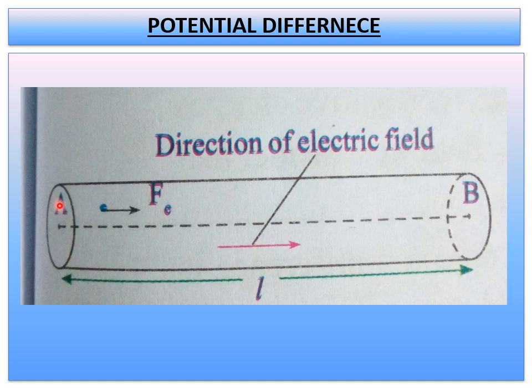If you come here, this is one end of a conductor and this is the other end, and this is the length of the conductor I am considering, between two points A and B. I already told you what Fe is here: the force exerted by the electric field on a charge. And this is the direction of the force. Remember all this. I will proceed with the next part of my explanation, children.